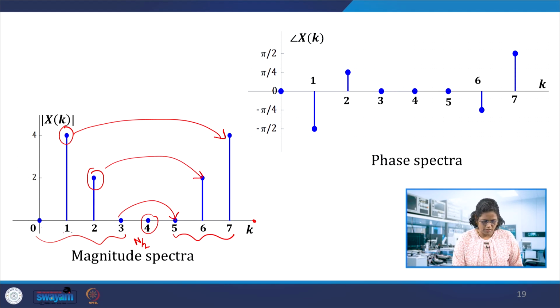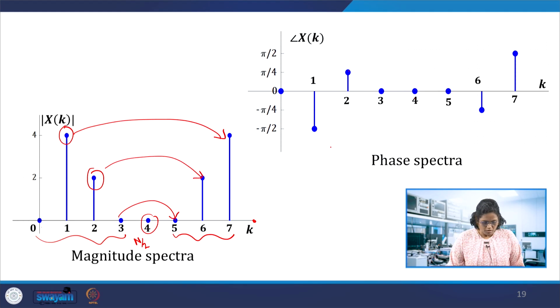So in DFT what we get is N by 2, or 0 to N by 2 minus 1 here, that is, the components are independent and the remaining terms are redundant. These components are redundant, so we need not compute them when you have this 8-point DFT. If you compute up to 4, that is giving the independent terms. And for the magnitude and phase, similarly, you can see minus pi by 2, pi by 4 and so on. So this is antisymmetric, and here magnitude values are the same, these are conjugates.